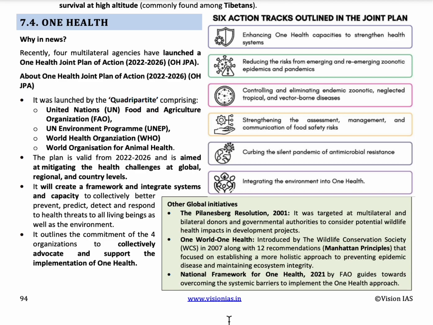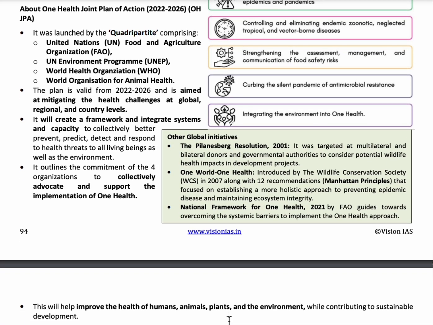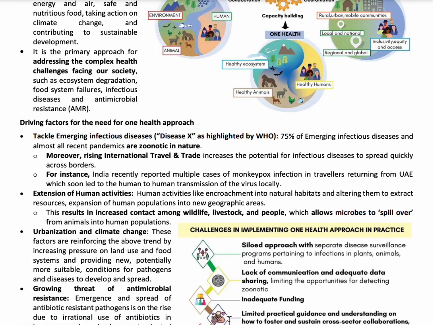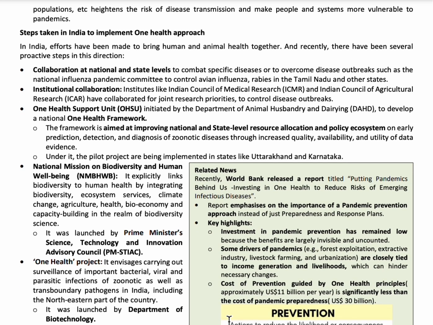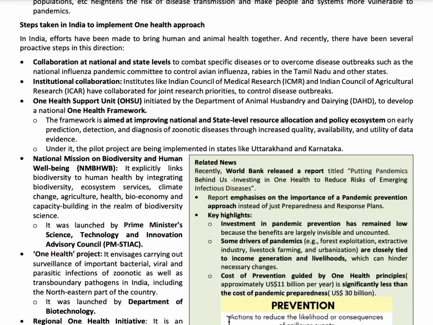The global initiatives for the One Health program are the Pilanesberg Resolution 2001, One World, One Health Program, and the National Framework for One Health 2022. The steps taken by India to implement the One Health approach are collaboration at the national and state levels to combat specific diseases in animals, institutional collaborations like the collaboration of the Indian Council of Medical Research and the Indian Council of Agricultural Research to control disease outbreaks, and the One Health Support Unit